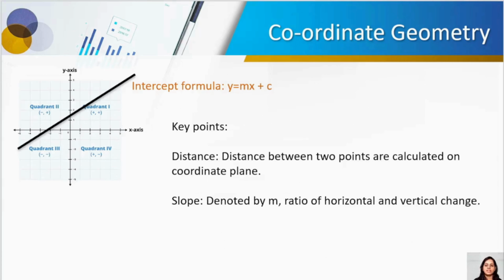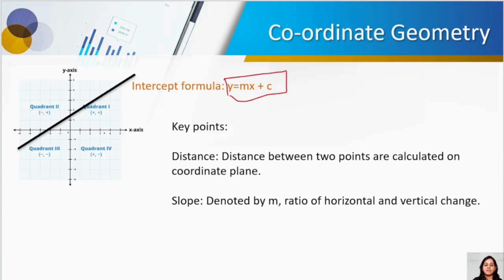Now let us understand the next one. You have to know that whenever a straight line is intercepted between two lines, it forms this formula, and this is a linear formula. This is a linear algebra formula, and it is called y = mx + c. This is the straight line formula and we know everything, right? I am just brushing up the knowledge.